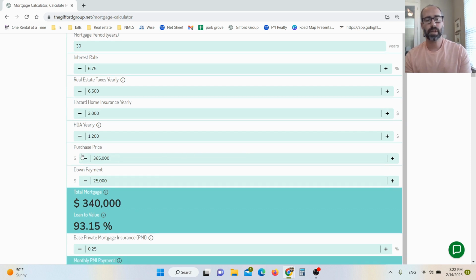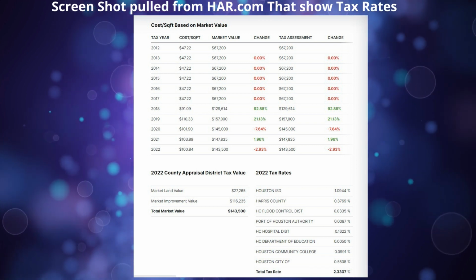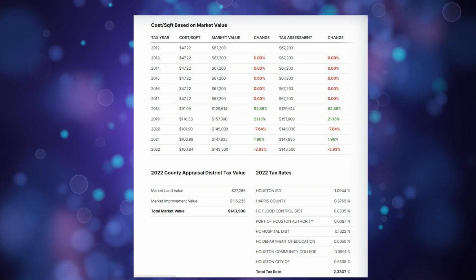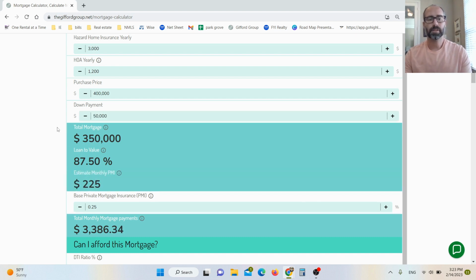So this is where the fun begins. Now you've got all your basic information in there. If you don't know all this stuff, you can search for this information by using HAR to look up what the estimated taxes are. But let's say you're shopping for a $400,000 home and you have about $50,000 you're going to be using as your down payment. So right away the calculator tells you, okay, you're not getting down to 20%, so then